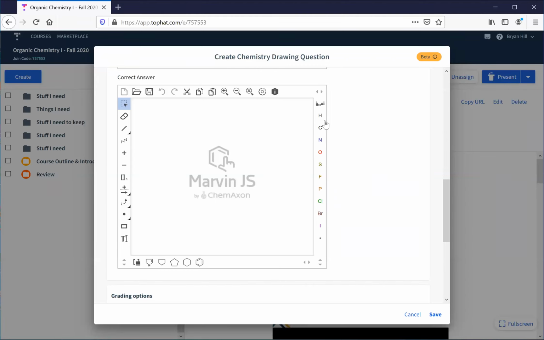So on the right-hand side here, you can see all the various elements you want to use. If you want to put a carbon on, you just click on that, and you've got your carbon. You want to add a bond to carbon, you would use this little line on the side, and you could choose the different bond types. So let's put some